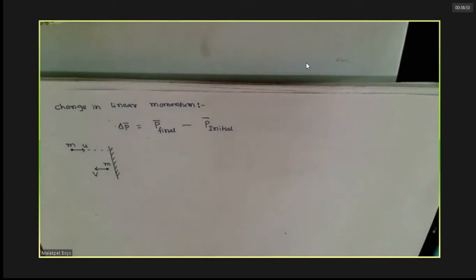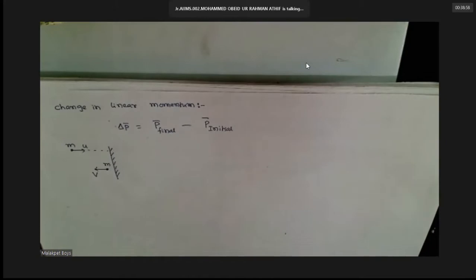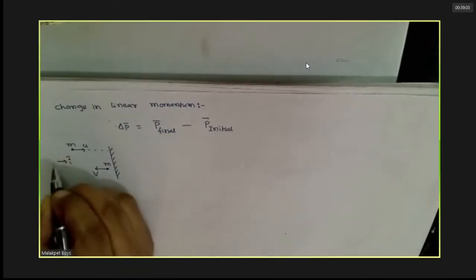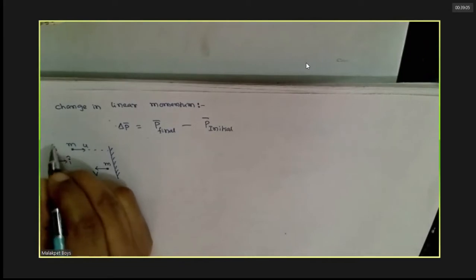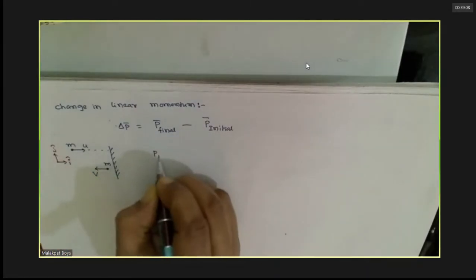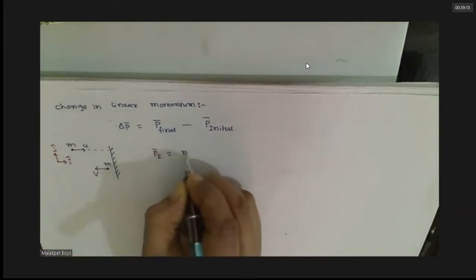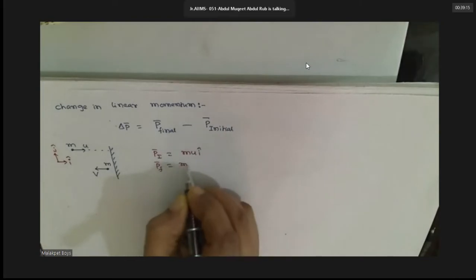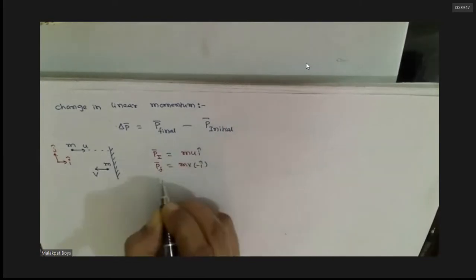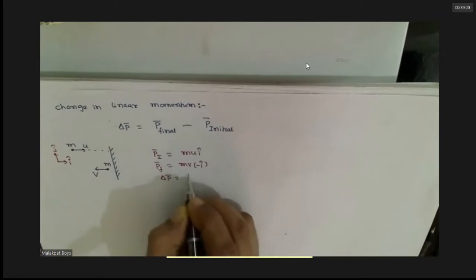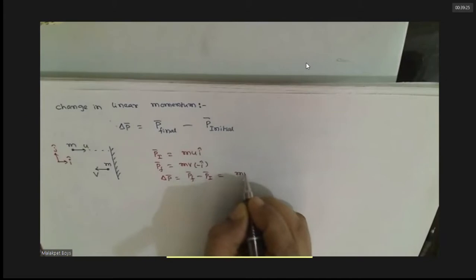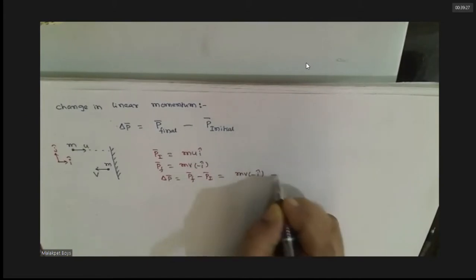So what is the derivative of change in linear momentum? It means MV minus MU. So what is the integral of 2x? It's x square plus c. What is the integral of 3x square? It's x cube plus c. What is the integral of minus cos x? It's nothing but minus sin x. What is the integral of e power x? It's e power x plus c.